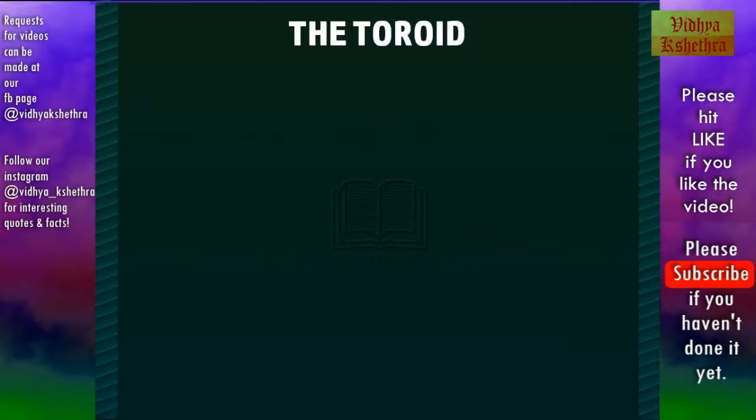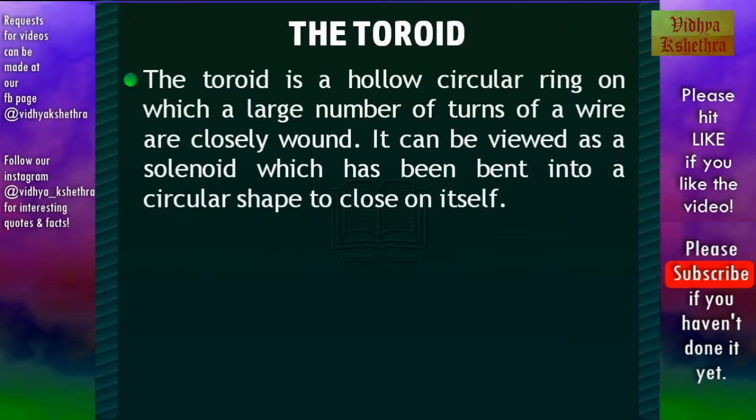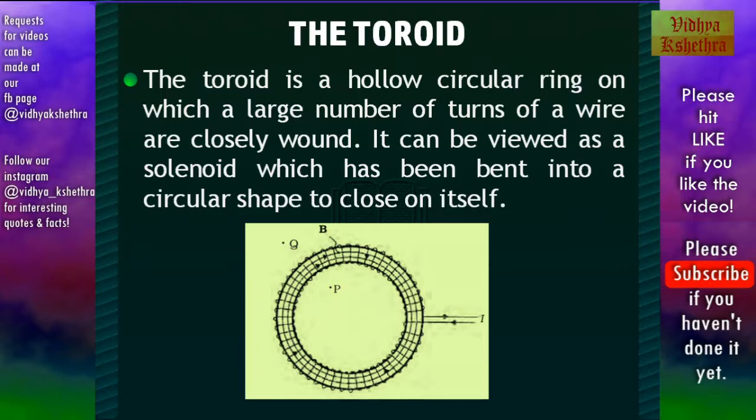Now we can see the toroid. The toroid is a hollow circular ring on which a large number of turns of a wire are closely wound. It can be viewed as a solenoid which has been bent into a circular shape to close on itself. This is a toroid. In this case, there is no magnetic field at points P, which is inside the